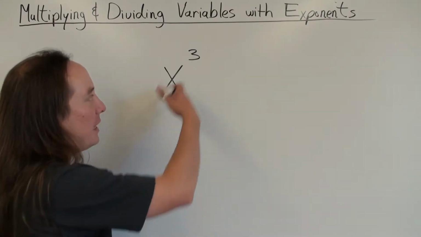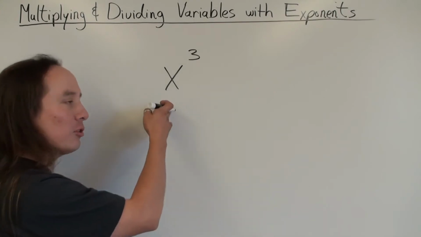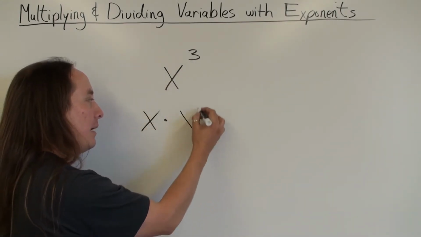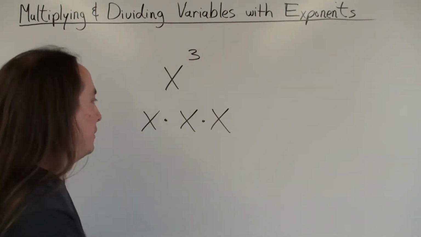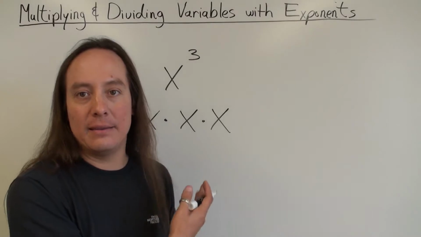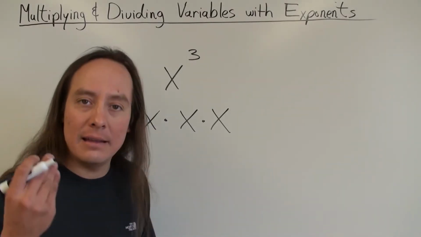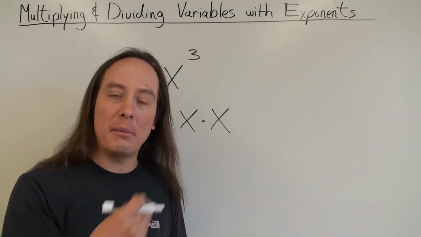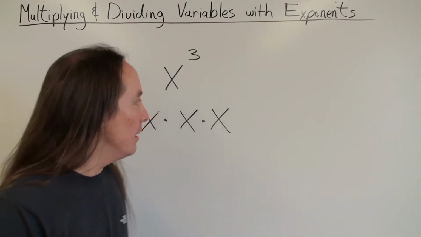So what this would mean is that it would be the base, the same thing like the 2. It would be the base multiplied by itself 3 times. X times x times x. Okay? I don't really have a number value for that. I can't tell you what x is. But this expression means that it's x multiplied by itself 3 times, even though we don't know what x is. Okay? But what happens